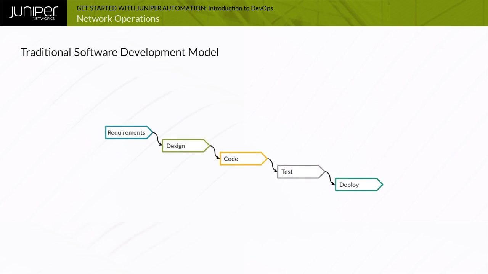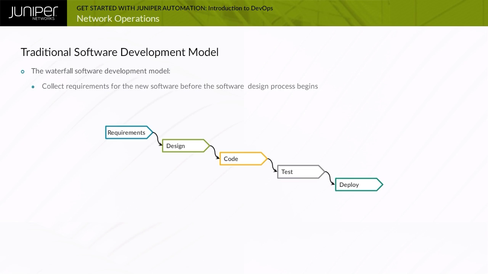Because networks are now being treated like software, you will learn about some software development methodologies. The classical approach to software development is summarized by what is called the waterfall model. Its formal description was first given by W. Royce in 1970, while the actual term waterfall was introduced by T. E. Bell and T. A. Thayer in 1976. Based on this software development model, you first collect requirements for the new software before the software